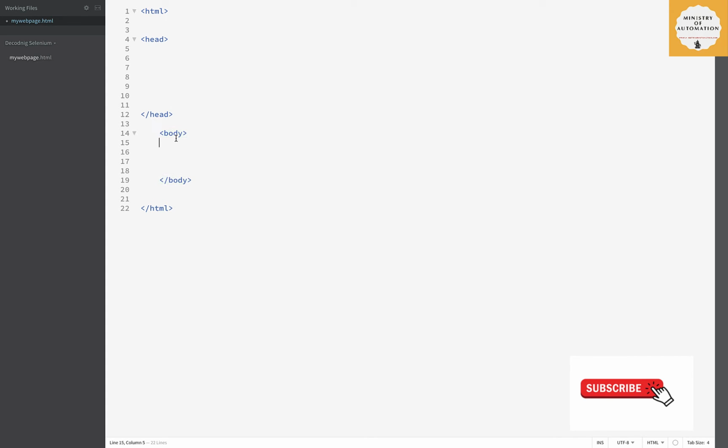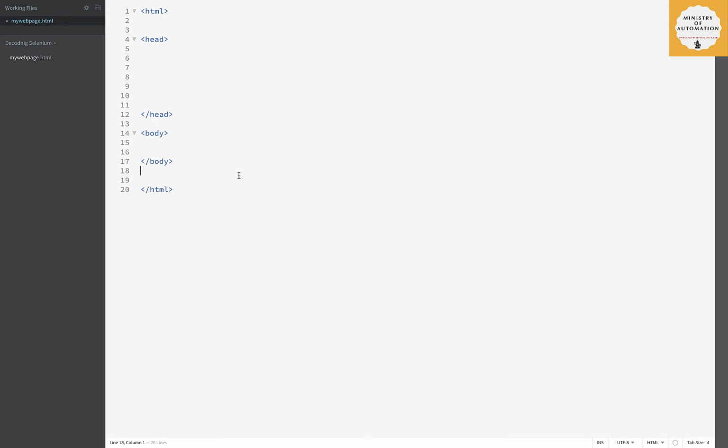And there is no rule that the body tag needs to be indented like this. You can also write it like this, or you can write them on the same line. Don't worry, HTML has no restrictions like this. Even if you type them one after another, there is no problem. This is just for our visual comfort that we put them on the next line. Just make sure that you have a closing tag. If you don't type it, you see it starts throwing an error, showing that there is something wrong with your HTML because it doesn't have a closing body tag.